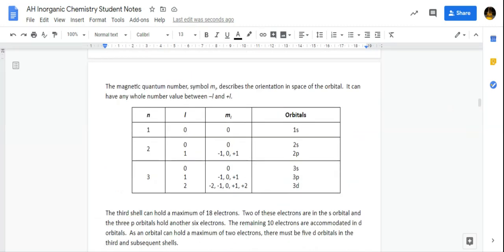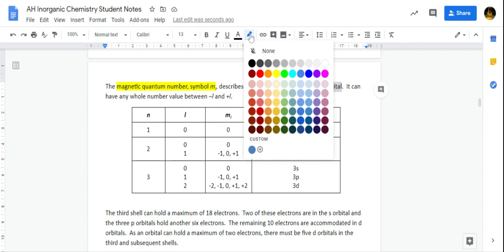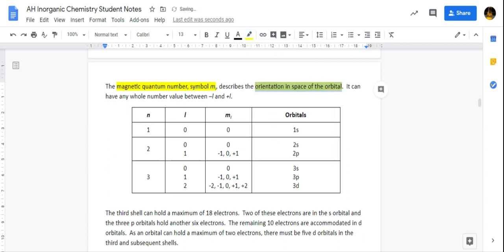If we have a look at the magnetic quantum number, it describes the orientation in space of the orbital. Okay, it's got any value between -L and +L. So for example, this is our energy level 1. Our value of L is 0, which tells us that it's the s subshell. And because it's from -L to +L, our value of the magnetic quantum number is also 0. So this is the 1s